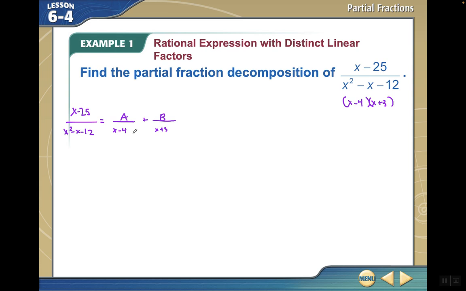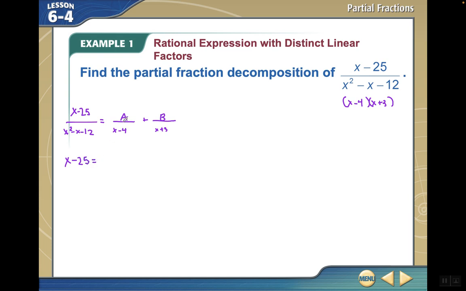In order to get the same denominator, you'd have to multiply this first term, top and bottom, by x plus 3, and this bottom term, top and bottom, by x minus 4. So we're just going to look at the numerator, this part, because we know if we multiplied x minus 4 times x plus 3, we would get this. So we're just looking at the numerator, and I'm going to write it as x minus 25